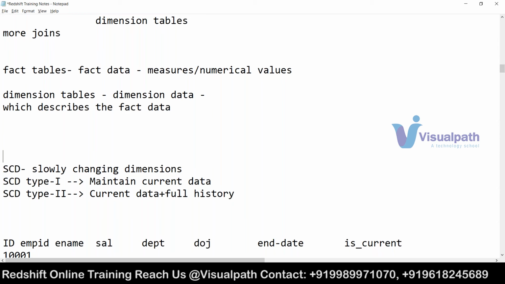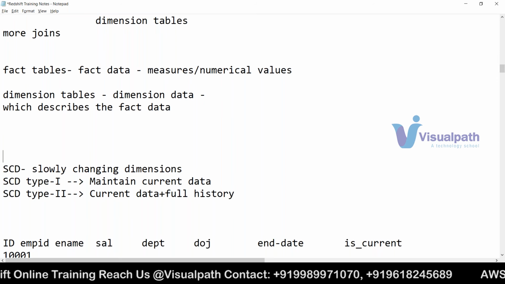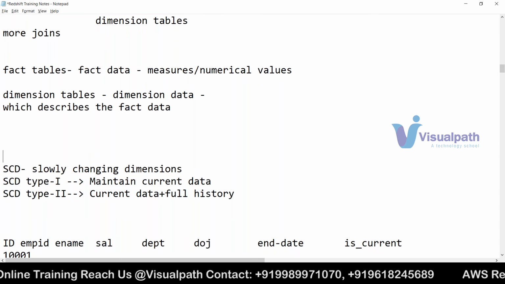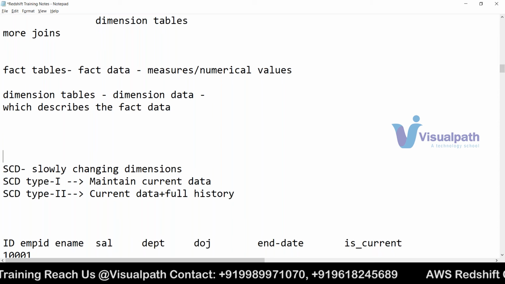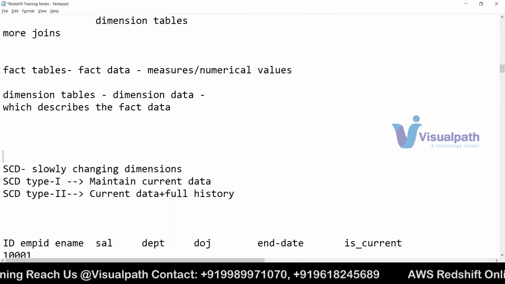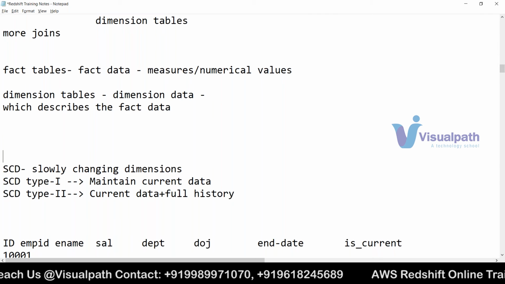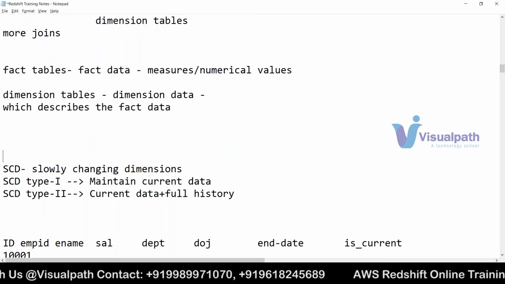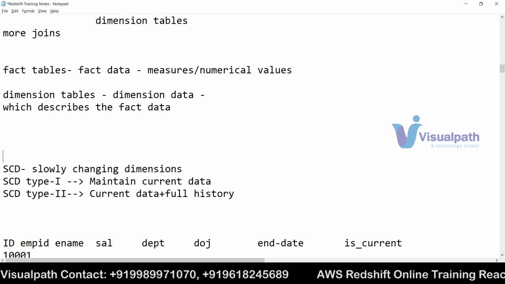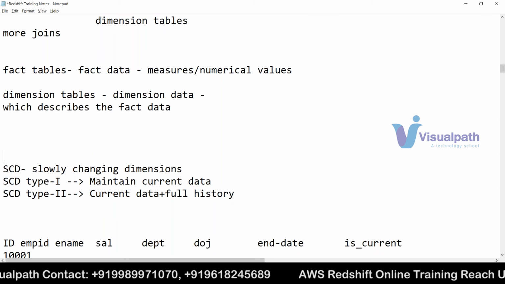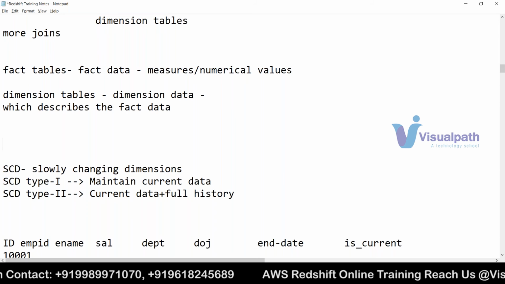Of course, only dimensions will change; facts do not change, because you will be representing or reporting the same total sales, average sales, and quantity sold. But the product, brand, manufacturer, and color, these things in the dimension tables are going to change. So that's why they are called slowly changing dimensions. This is very, very, very important. He will just ask, do you know what is SCD?